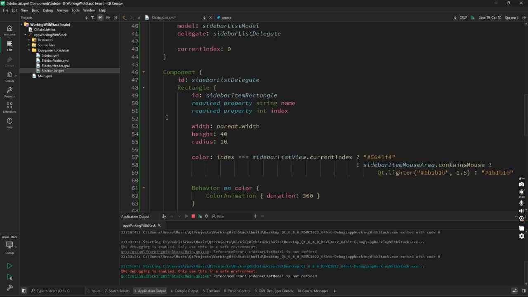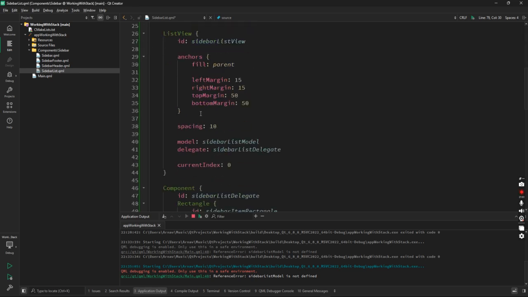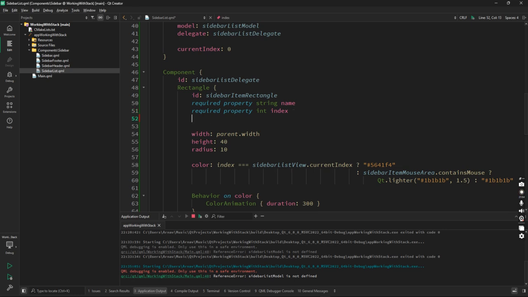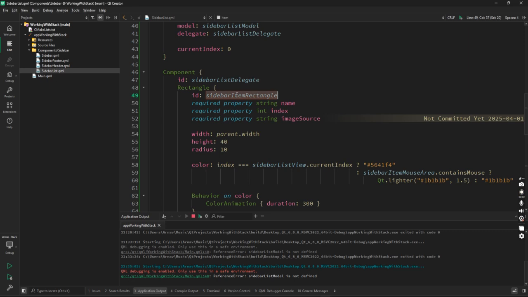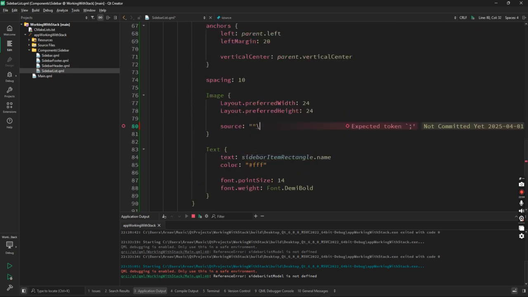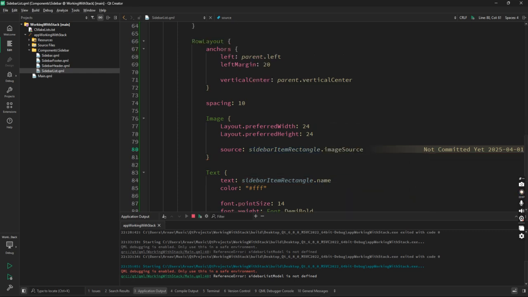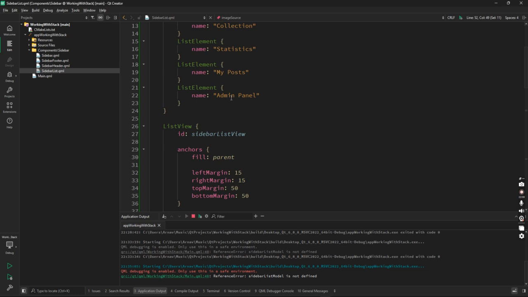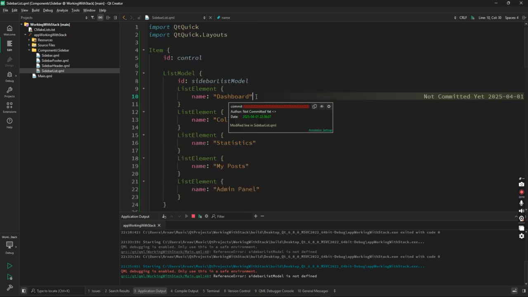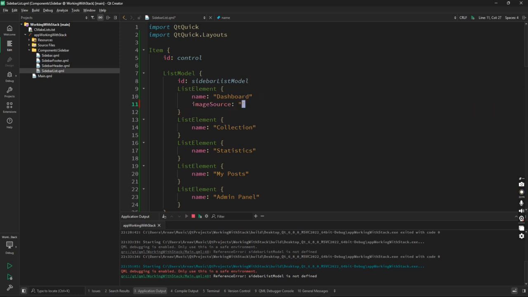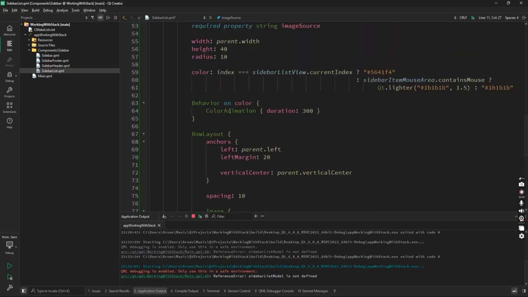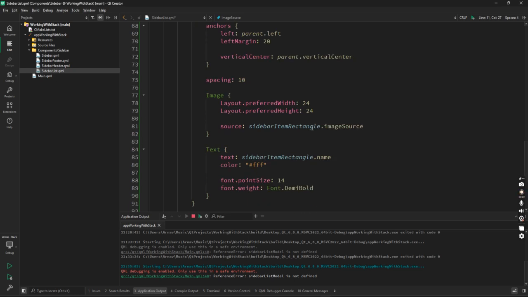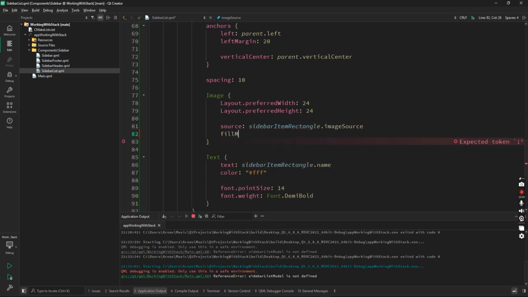Now this is challenging. We also need the image, right? So I'll say required property string image source. So I'll say sidebar item rect dot image source. What will happen is we have to provide this from the list model. Right now we are providing the name. We will also provide the image source for each of them, and then we will show the image source here, right? Fill mode